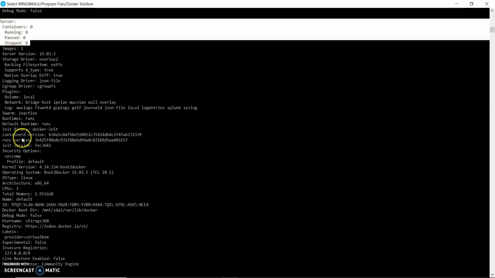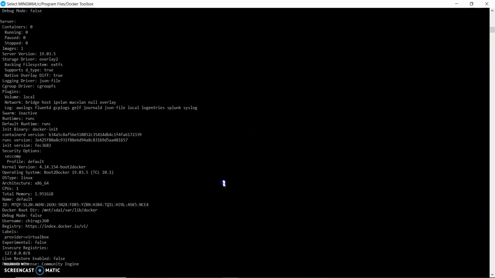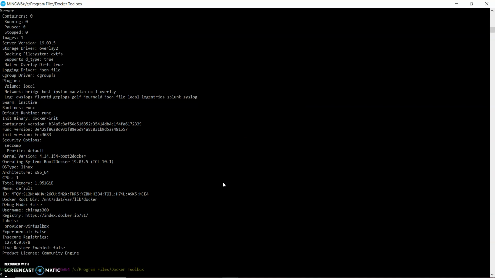All the information is displayed: what the root directory is, what the IP is. While working with Selenium, we need to use docker info to see whether any issue is coming or not. So this is the docker info command. Let me clear this.